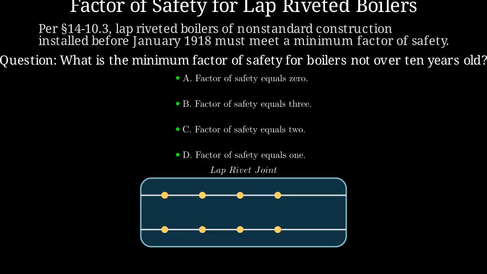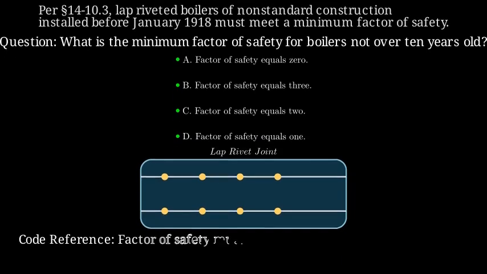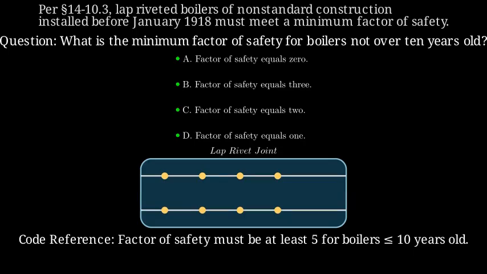To keep the idea grounded, let's visualize a simplified horizontal fire tube boiler with lap-riveted joints, showing where the factor of safety applies. Now, let us think about the principle. For lap-riveted boilers installed prior to January 1918, the code sets concrete minimum factors of safety. The rule states that for boilers not over 10 years old, the factor of safety shall be not less than